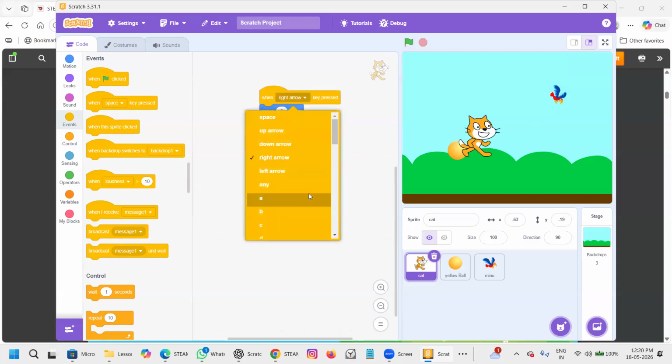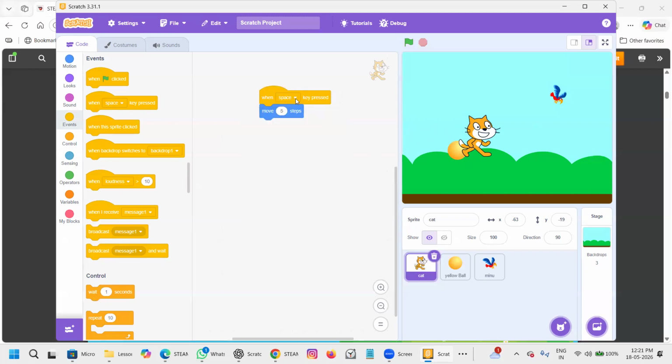Okay. So there are different ways to start the game. So you can use the space. Now I don't want to use the space. I'm just removing the block. I want to use the flag. Now you see, remember, if I don't have this and if I click this, it will not move.